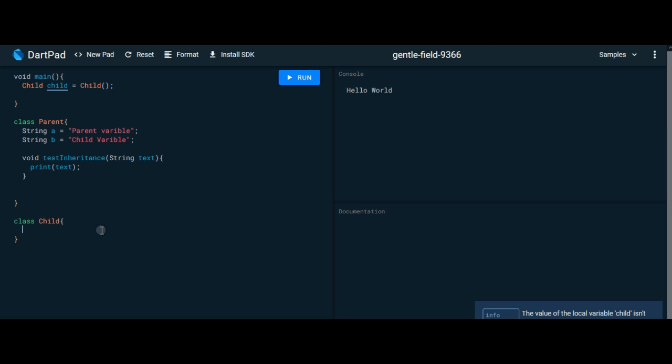In a real-time scenario, try to understand this. What I'm trying to say is that he has a car, I mean, he has a property of a car. So we'll see how we are using the